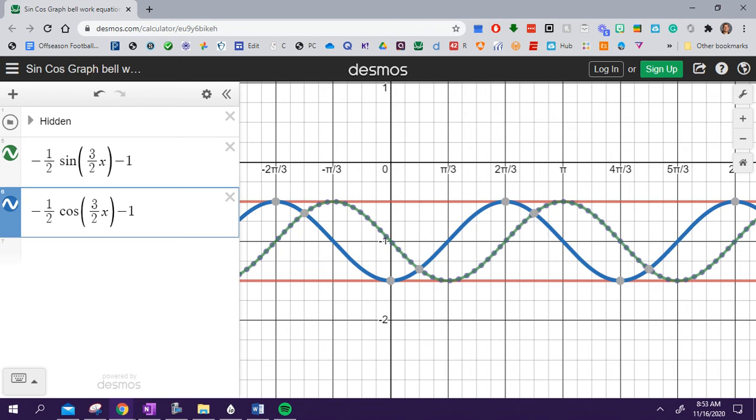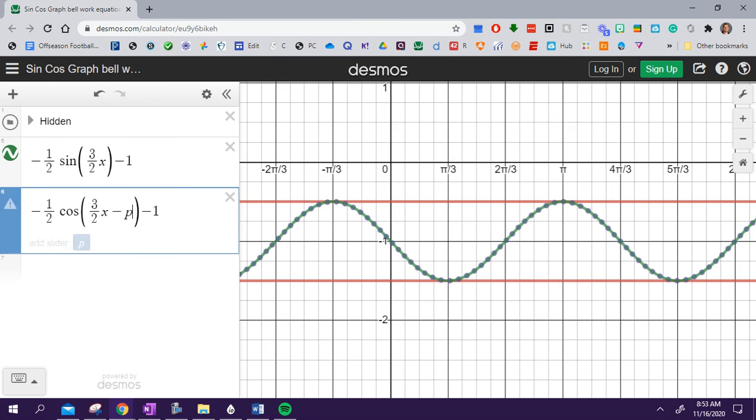Horizontal shift. Which way do I want to shift it, left or right? Either way is perfectly a good answer. I could shift it either way. Which way do you want to shift it? Let's shift it right. So if we're shifting right, we would put minus. How much do I need to shift it to the right? Pi over 3. So minus pi over,